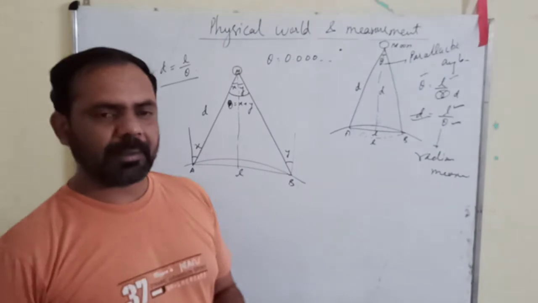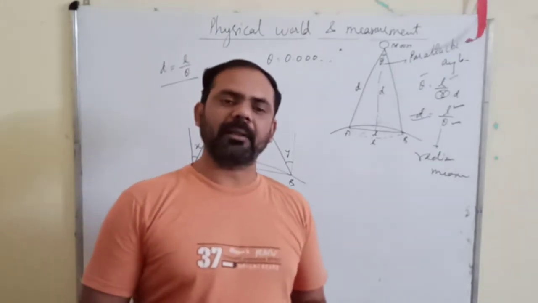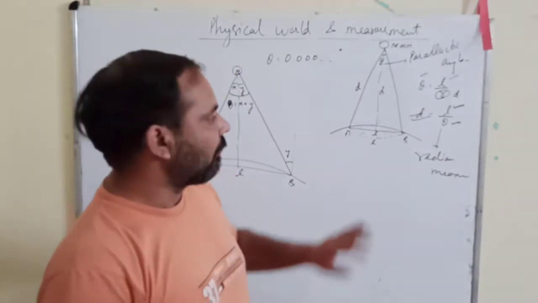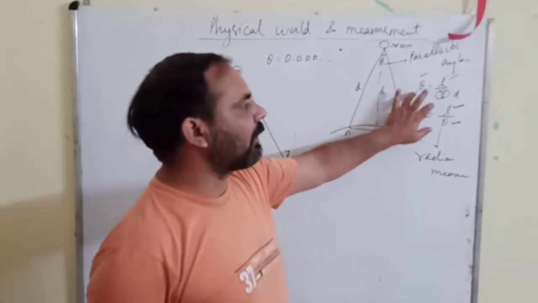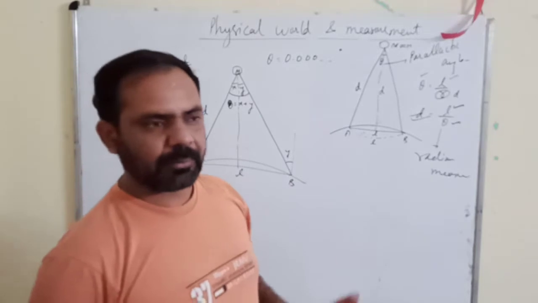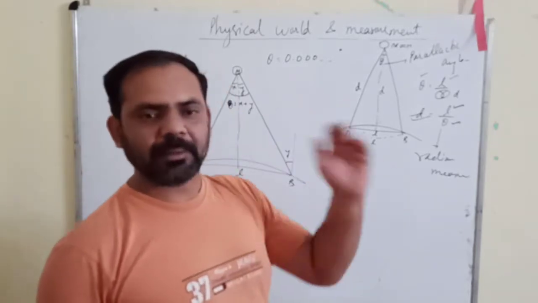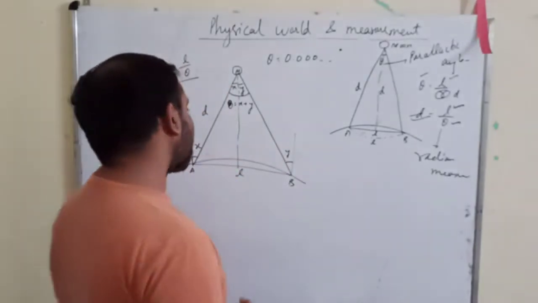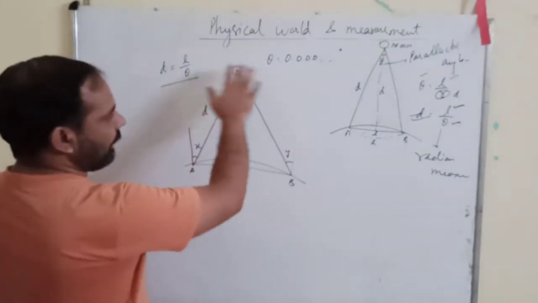If you have your angle in degree measure, then convert it to radian measure. You cannot apply this formula theta equals L upon R to degree measurement. You can apply it only when the angle is in radian measurement. Okay? So this is the method to find out that angle.